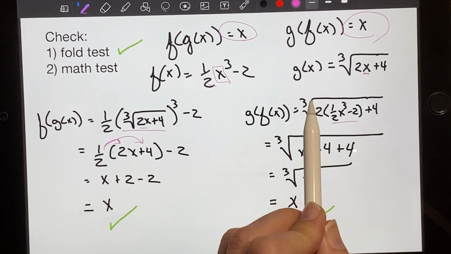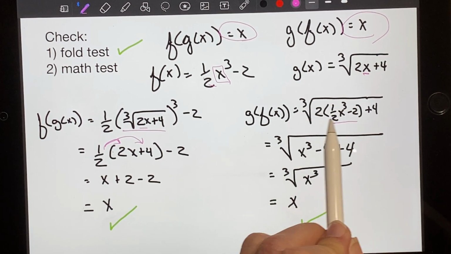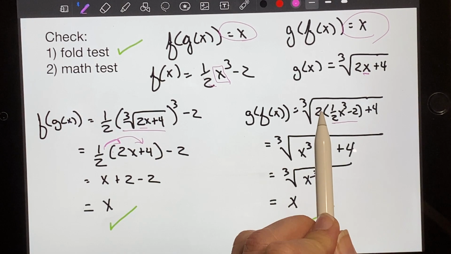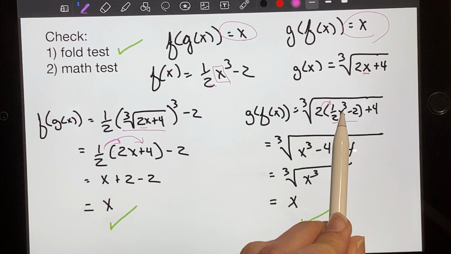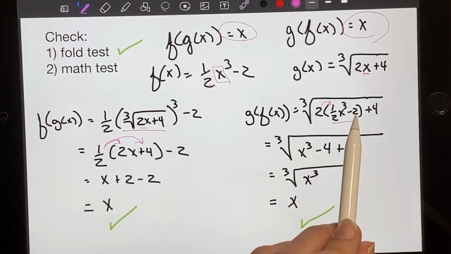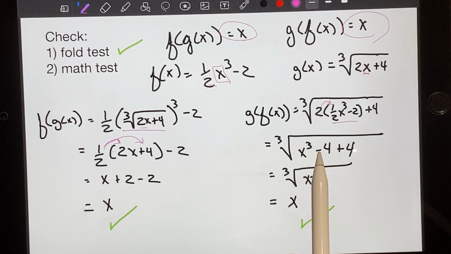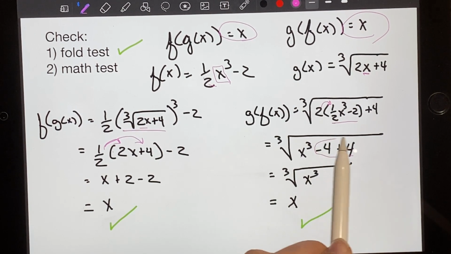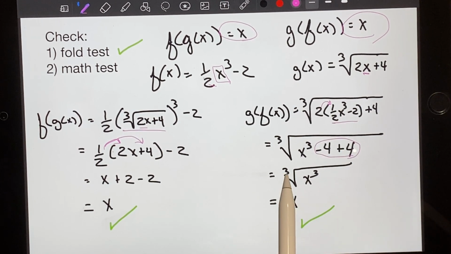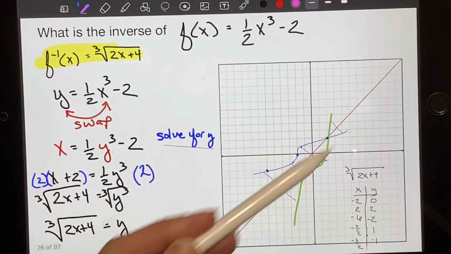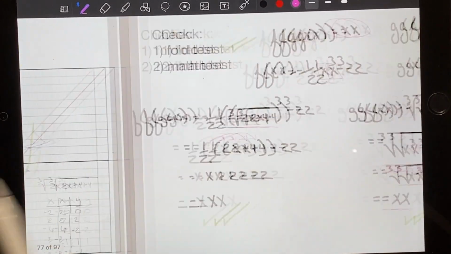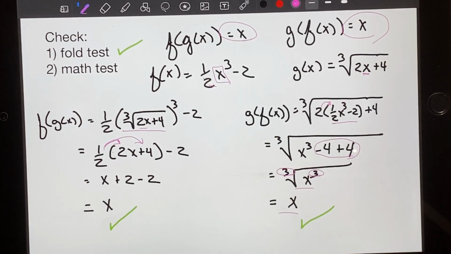Now everything is under the cube root, so the thing I have to do first is simplify under the cube root. So I have 2 that needs to be distributed. 2 times 1/2 gives me 1, so I have x cubed. 2 times negative 2 gives me negative 4. X cubed minus 4 plus 4. Minus 4 plus 4 cancels out to be 0, so I simply have the cube root of x cubed. I have 3, I need 3, I simply have my base. So we proved graphically that they were inverses of each other, and we also proved mathematically that they were inverses